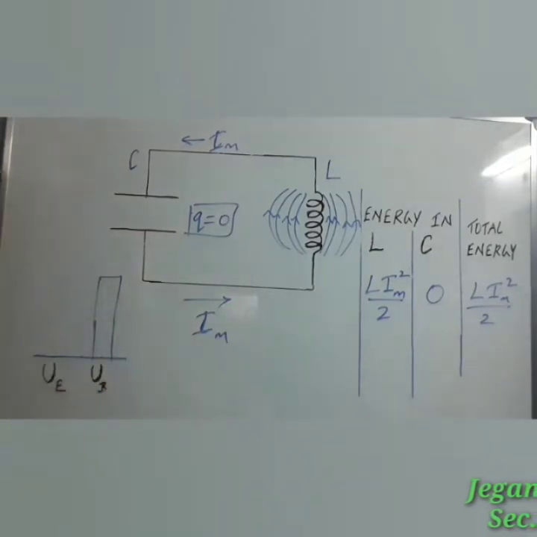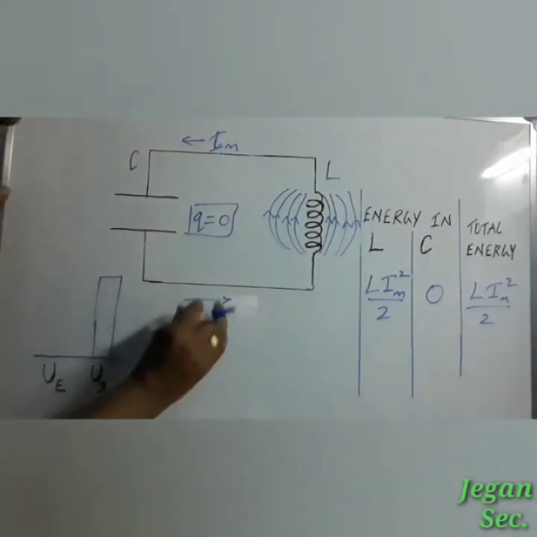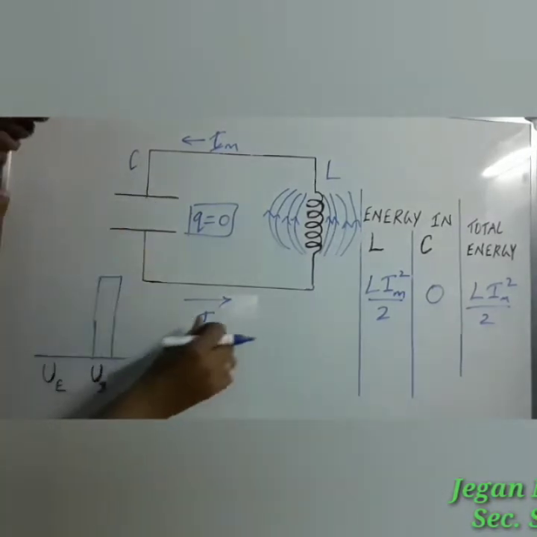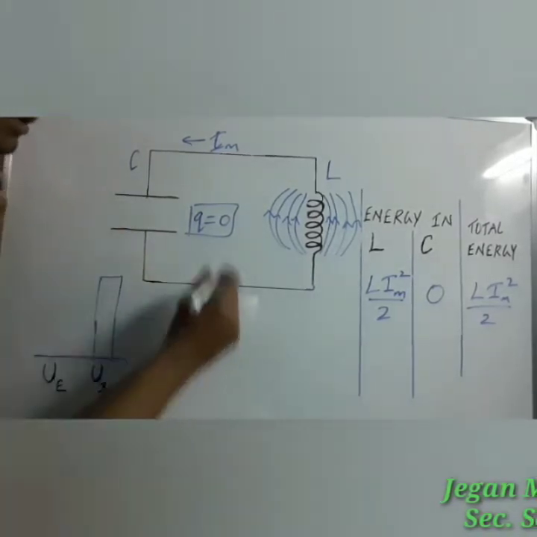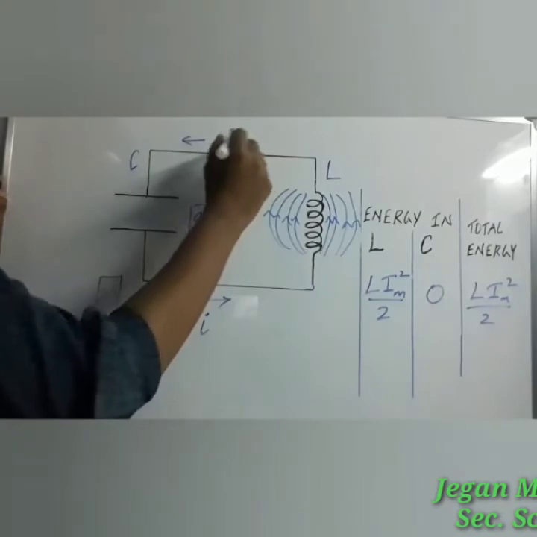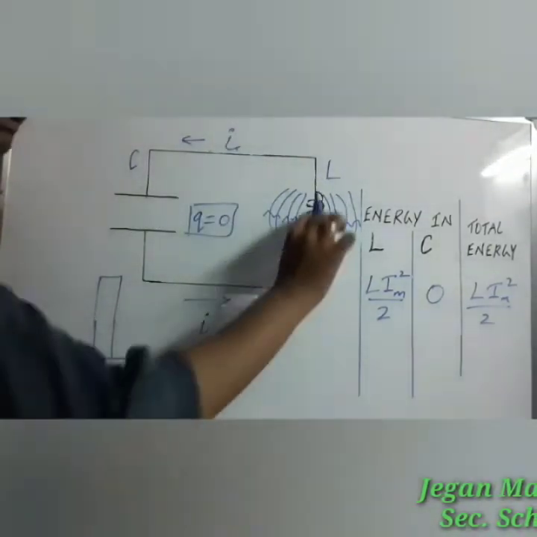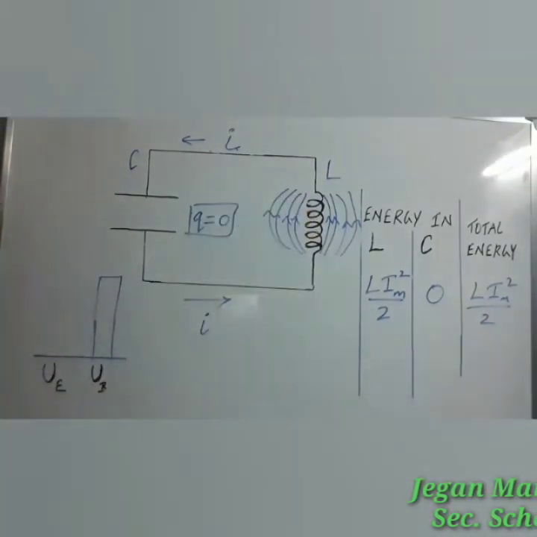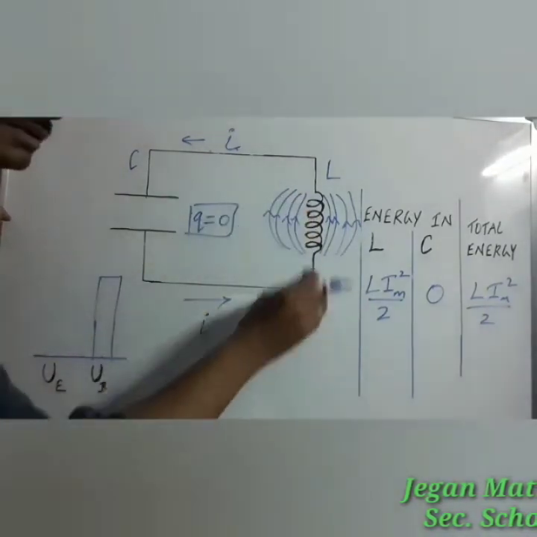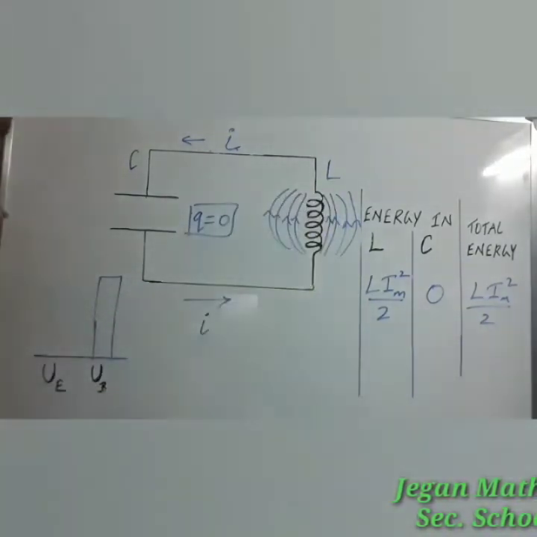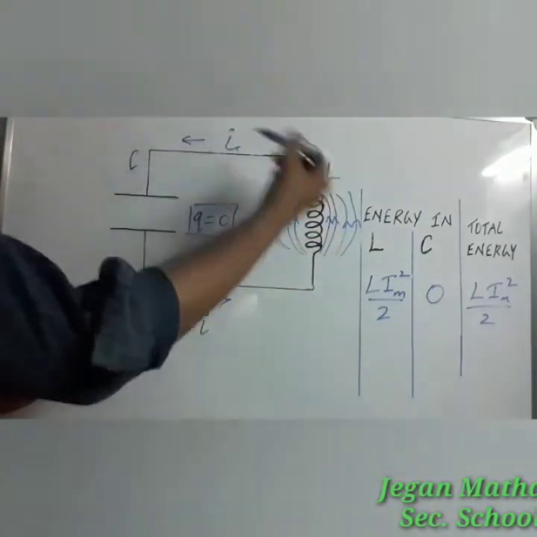Let us take the next case. Current value gradually reduces because there are no more charges in the capacitor. Gradually this reduces to I now, but in the same direction. So what is the property of the inductor? If maximum current passes through the inductor, that will block the current, that opposes the current. If the current value reduces, it starts to maintain the current in the circuit. So that will induce the current in this direction.